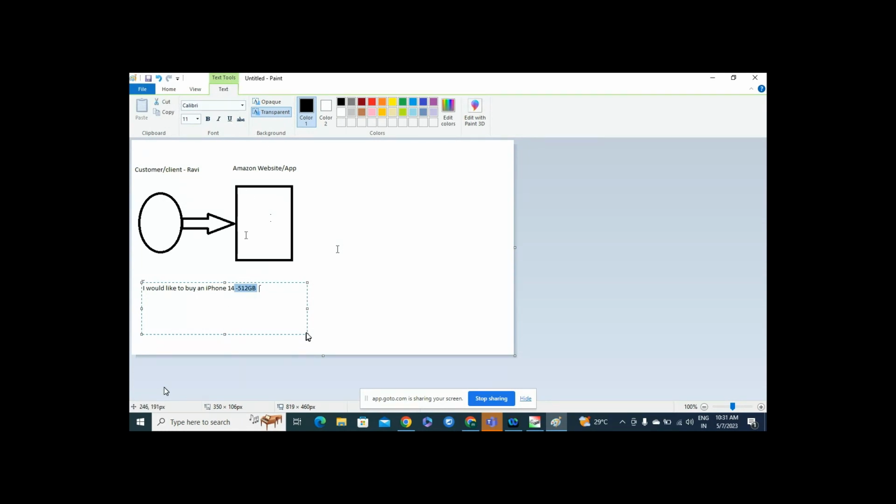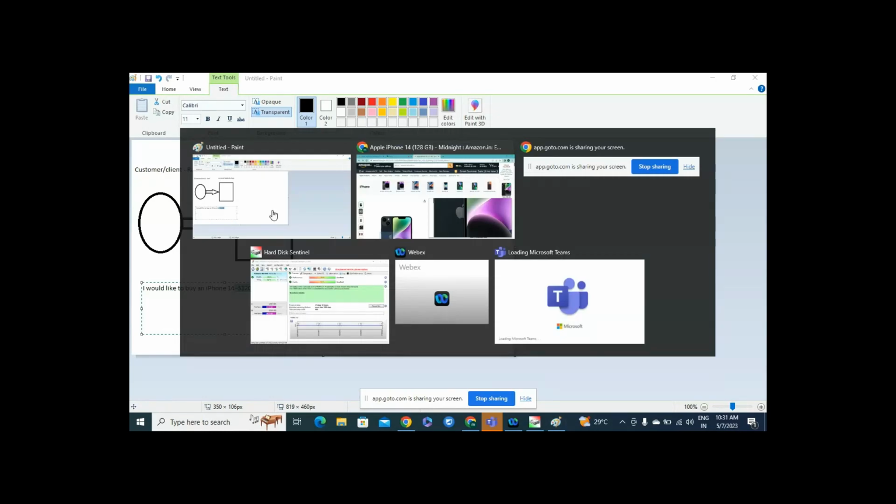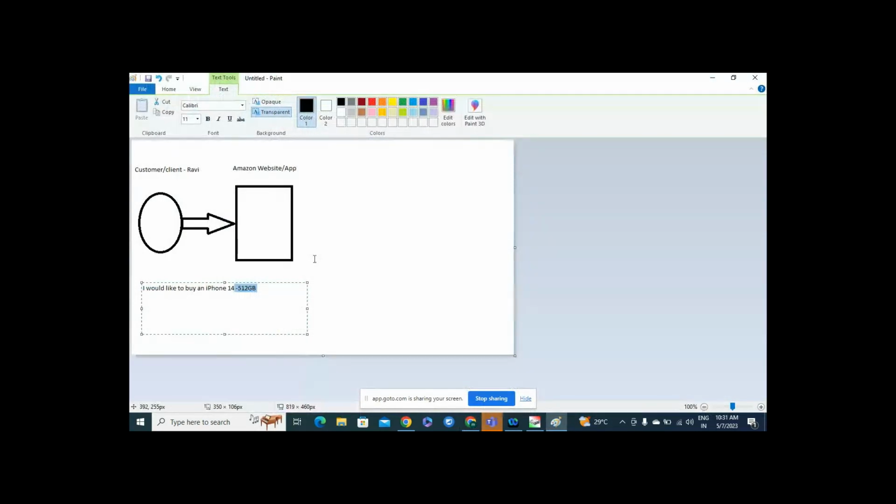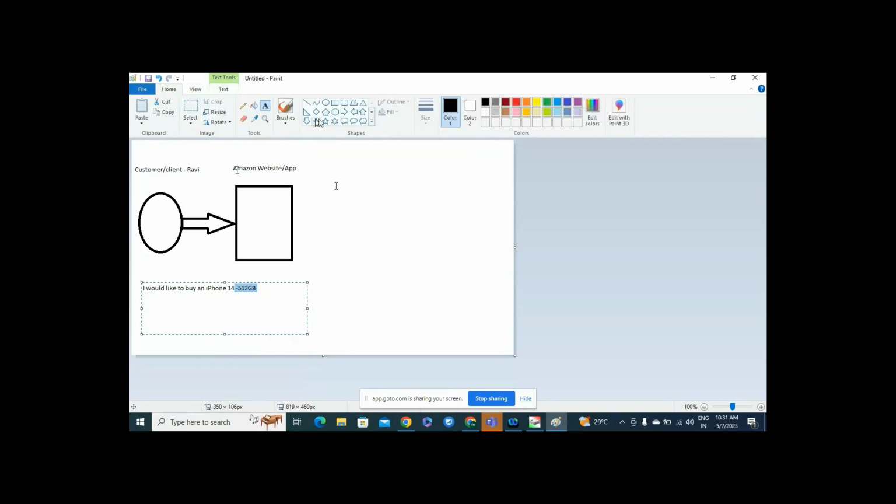Here I am talking about selecting a mobile, but how does it do the search and ask for the delivery? All these functions I will explain. First we will draw a diagram, and after that I will explain.